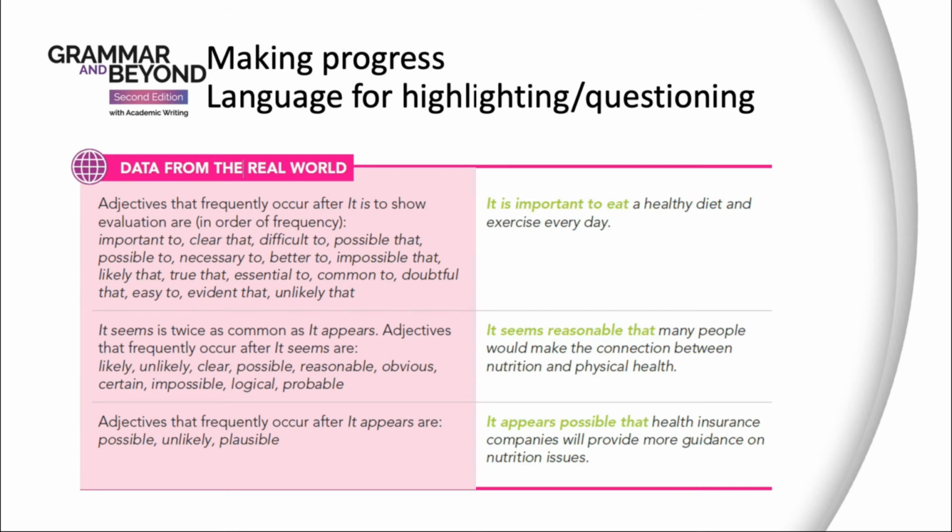And we can also use this same strategy of it to question or downtone. So we can say, it is unlikely that blah, blah, blah. And so we also have it seems, and that's a nice hedge to make an assertion, but not make it too strong. So we can have it seems that, it seems likely, it seems unlikely. So these are all really useful language bits, little tidbits for our students to have in their repertoire for highlighting